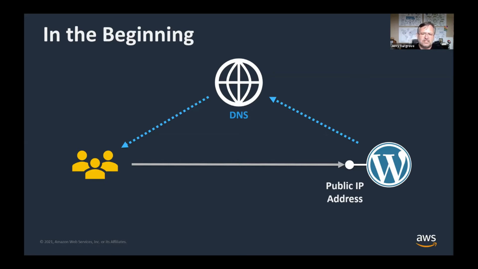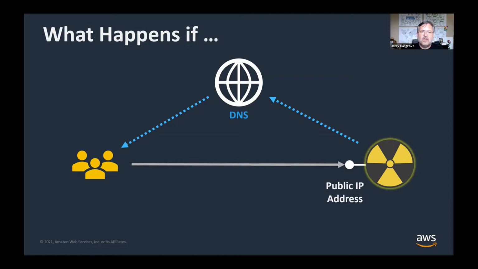DNS, for example. So you might take that public IP address and point www.example.com to it, and then obviously each time an end user goes to visit your website, they query DNS, they get that IP address back, and then they are directed to that Lightsail instance. So that works great. That works fine, and you may do that and have no problems at all for a very long amount of time. But